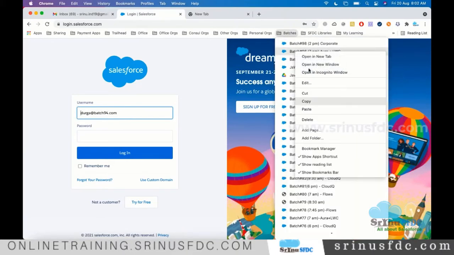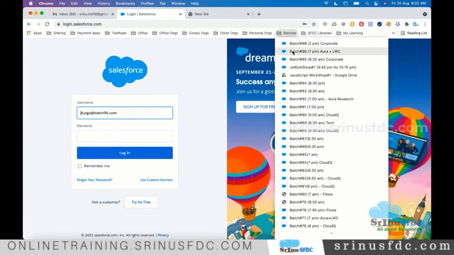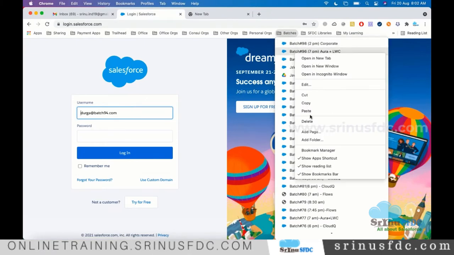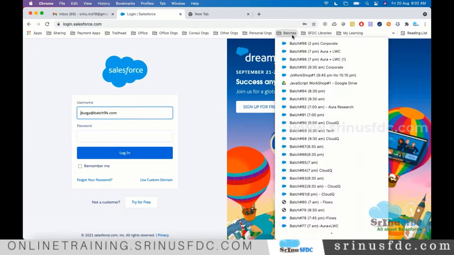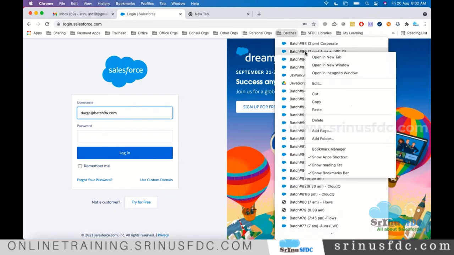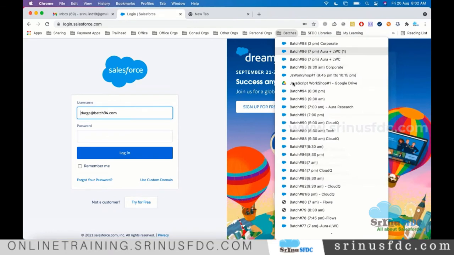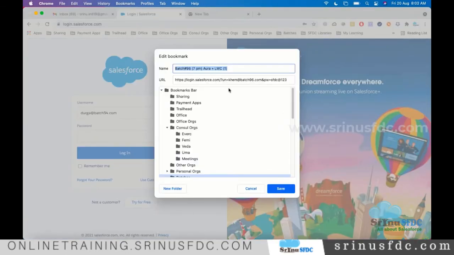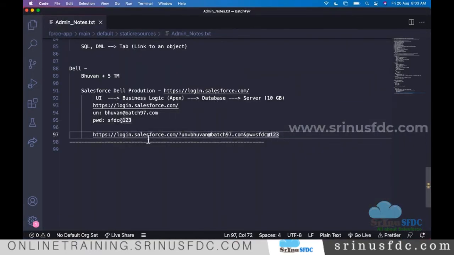Okay, so for me to remember, going forward I'll be using this. I'm going to click on this instead of opening login.salesforce.com and entering the username and password.